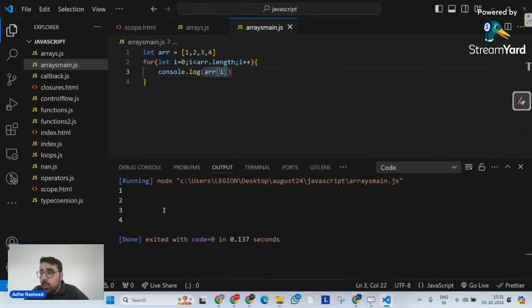So what's happening over here? As a developer, I am giving it a loop range from i = 0 to arr.length. If I don't let it know where to start and where to end, it is not going to implement any operation.